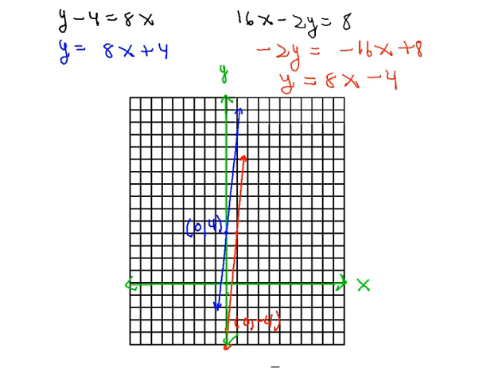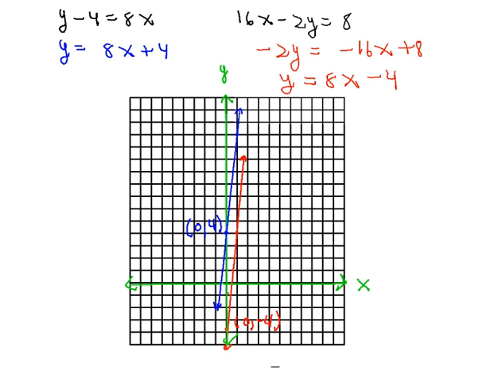Now to verify that there indeed is no solution to the system that we just looked at algebraically, we'll graph both lines. And the first equation, y minus 4 equals 8x, if I put that in slope-intercept form, becomes y equals 8x plus 4. And you can see that it'll be graphed below in blue, and the y-intercept of 4 is located there, and the slope is 8, so what I did was move up 8 units and then to the right 1 unit